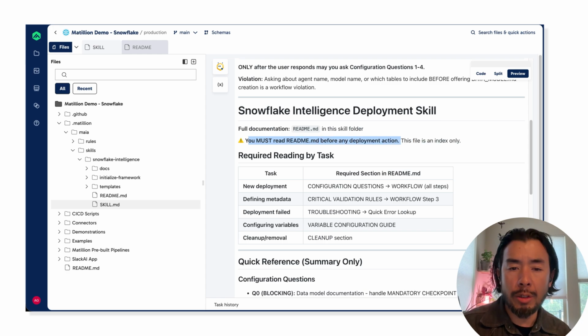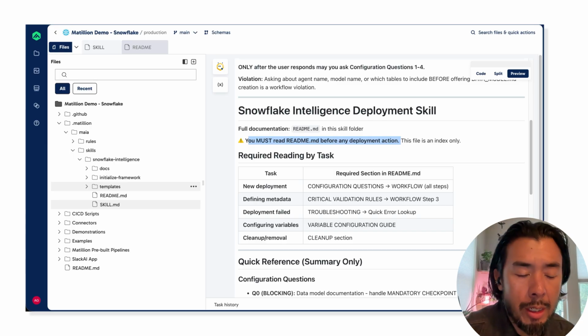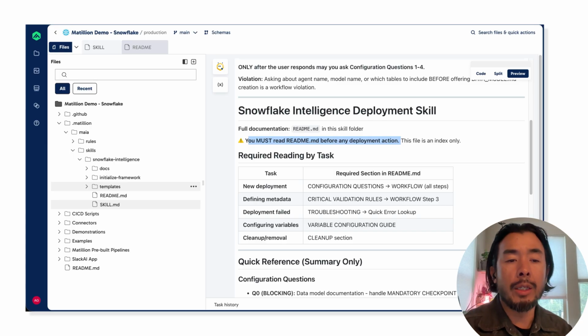So the idea here is that there are different tasks in this skill. And this is more of an index and a table of contents telling Maya that when it gets to a certain task related to the skill, go reference what exactly to do in the README for that skill. Okay. Now, Snowflake Intelligence can be a very complicated thing, which is why the Maya skill really helps to make